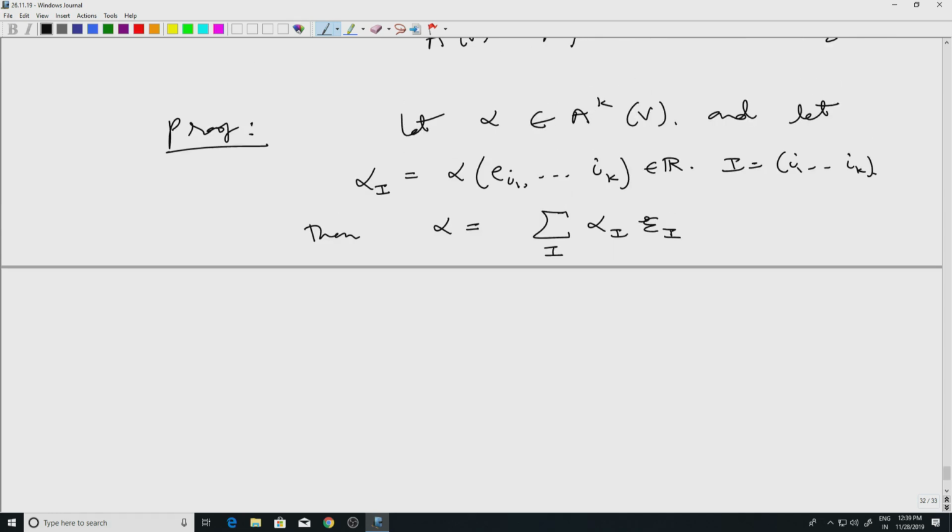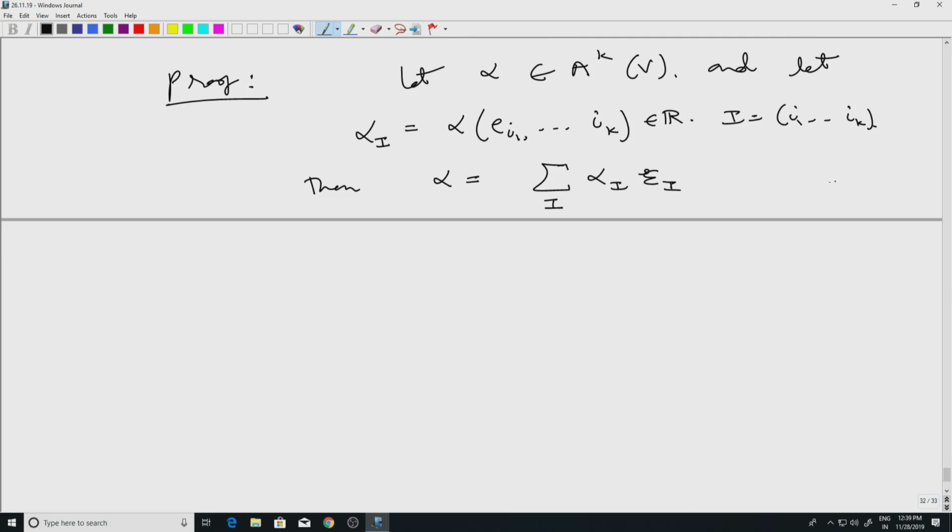So I was in the process of proving that these special K forms actually span A^K(V). So I started with an arbitrary K form and I came up with these numbers, which are obtained by just evaluating the K form on e_{i1}, ..., e_{iK} for a multi-index I. Again, multi-index of that type, strictly increasing. With these numbers, the claim is that alpha equals the sum of alpha_I epsilon_I, and the reason why this is the case